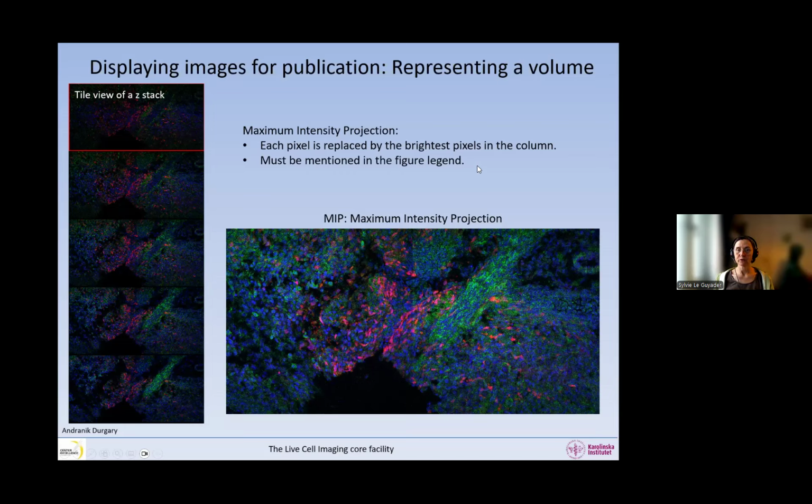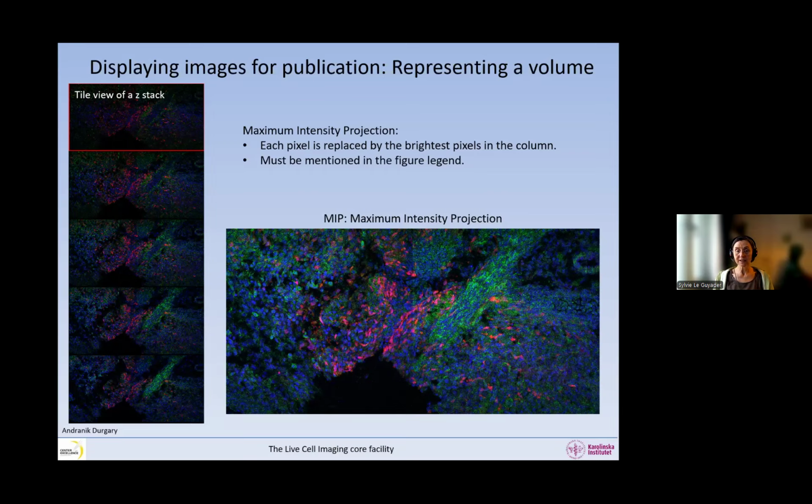Of course, if you display a maximum intensity projection in an article or even on the screen in a presentation, you have to say that it is a maximum intensity projection. And this works very, very well for a sample, for example, where you do not have things that are on top of each other in Z. So if you have an object here and another there, no problem. They will end up in the maximum intensity projection, both of them showing in a sharp way.